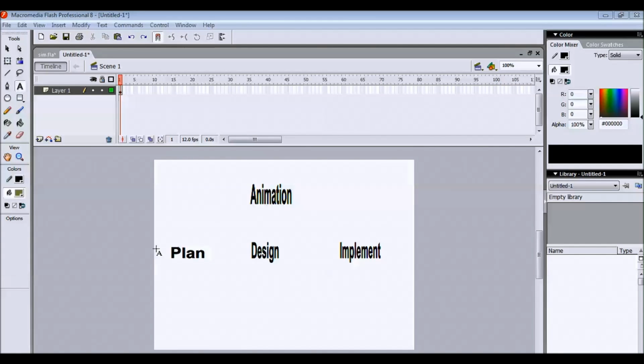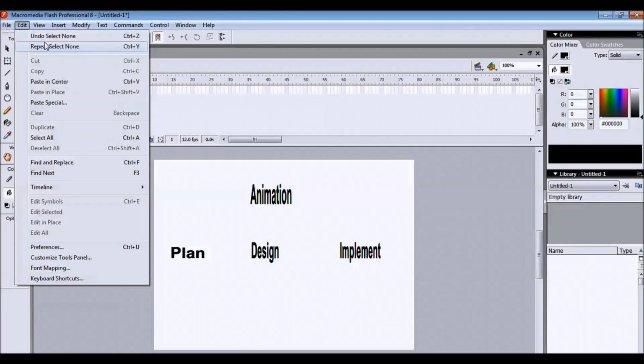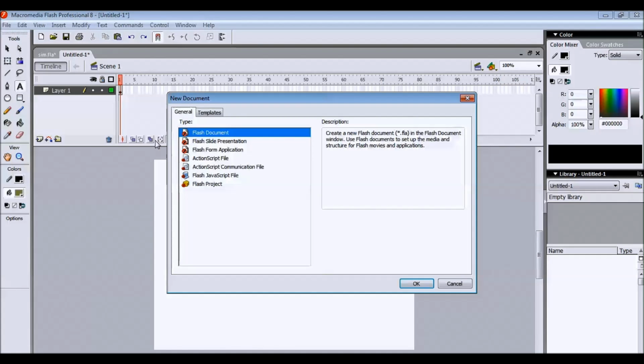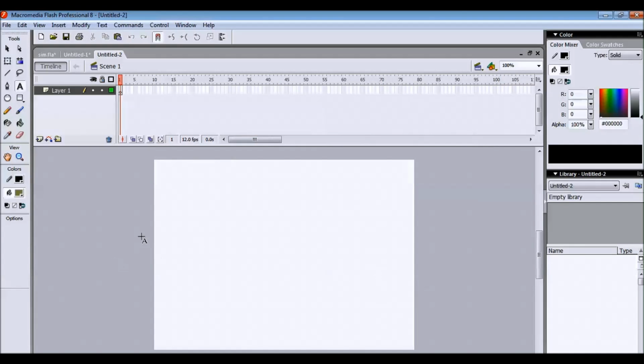To start an animation, we need a blank stage. So click on the file menu, select new from the file menu. It will prompt you to select either Flash document or presentation. Right now we are working with a Flash document. So click on OK. Now this is a stage where we are going to animate